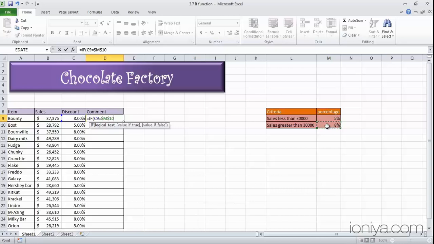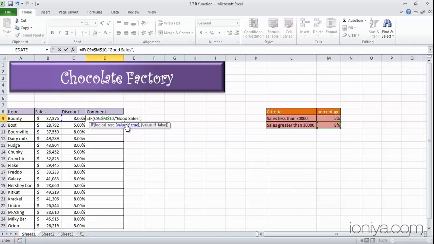Press the comma key. Now I have to input the comment to be displayed if the condition is true, that is, if the discount is 8%. Open inverted commas and type in good sales. Close inverted commas and then press comma.